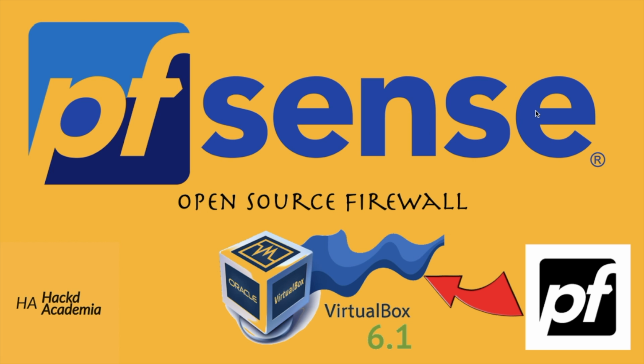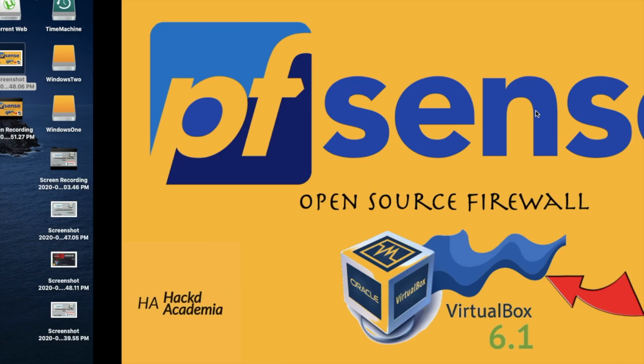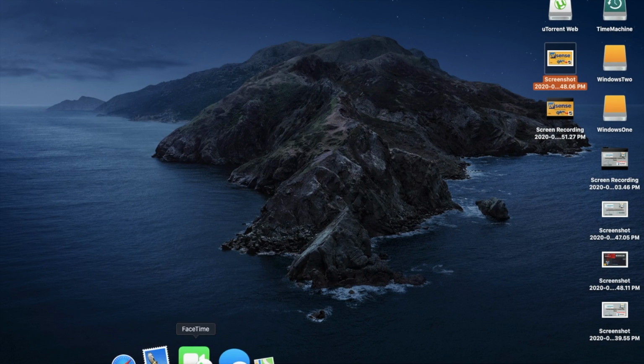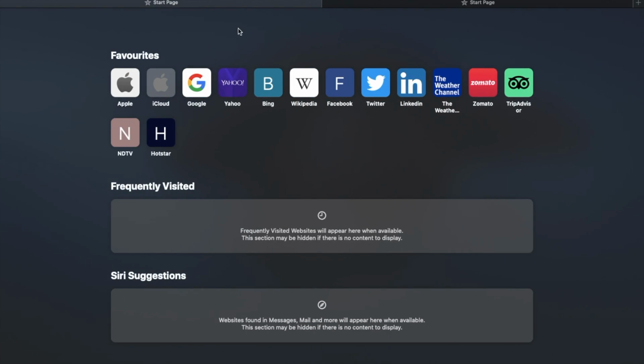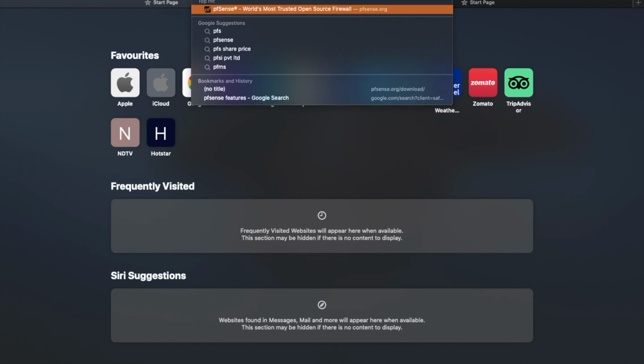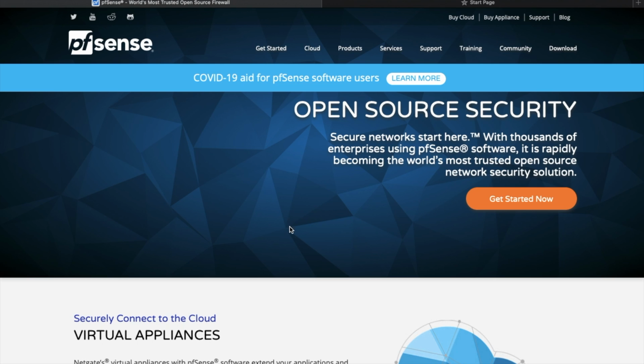So I'll go directly to the browser and search for pfSense. Yeah, so this is the website. This is the official website of pfSense. And for VirtualBox installation, you have to download the ISO image.